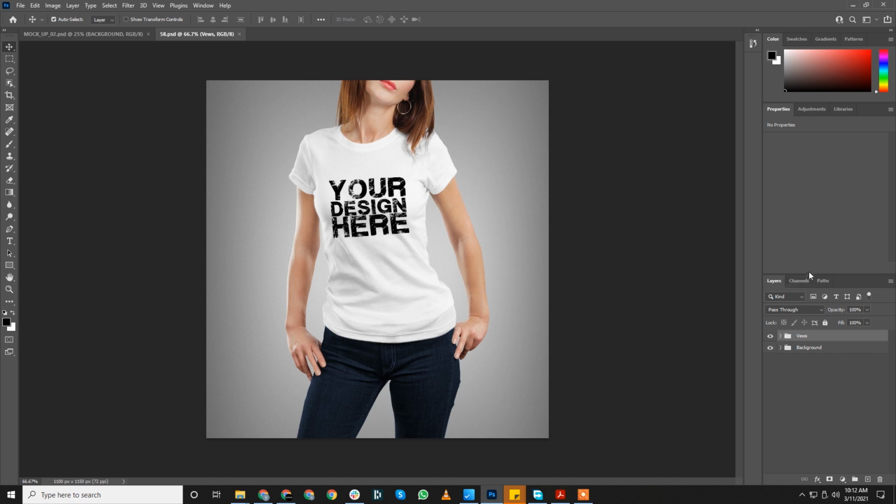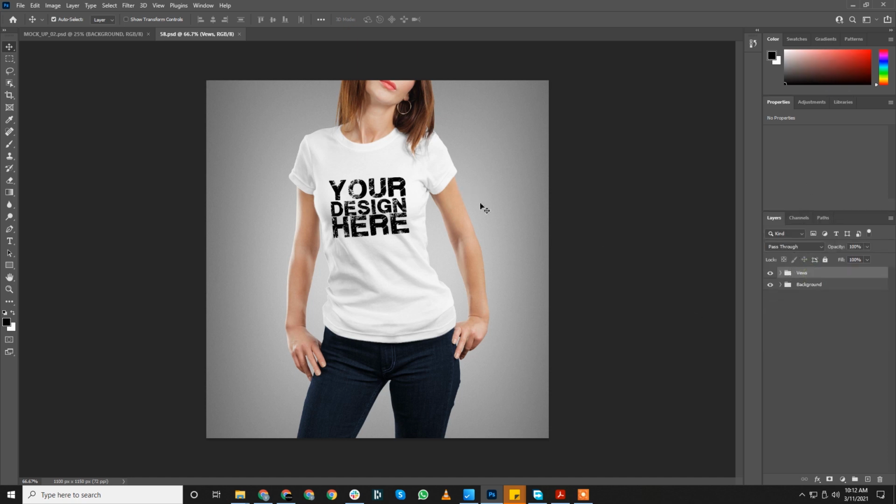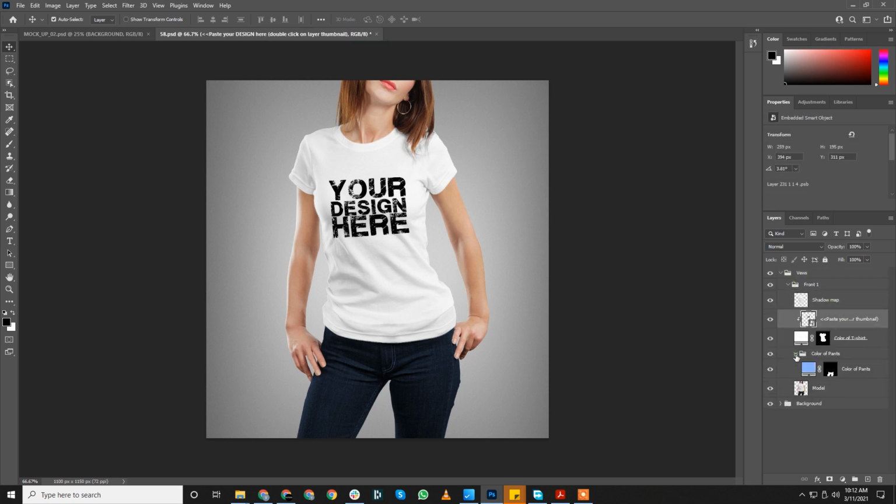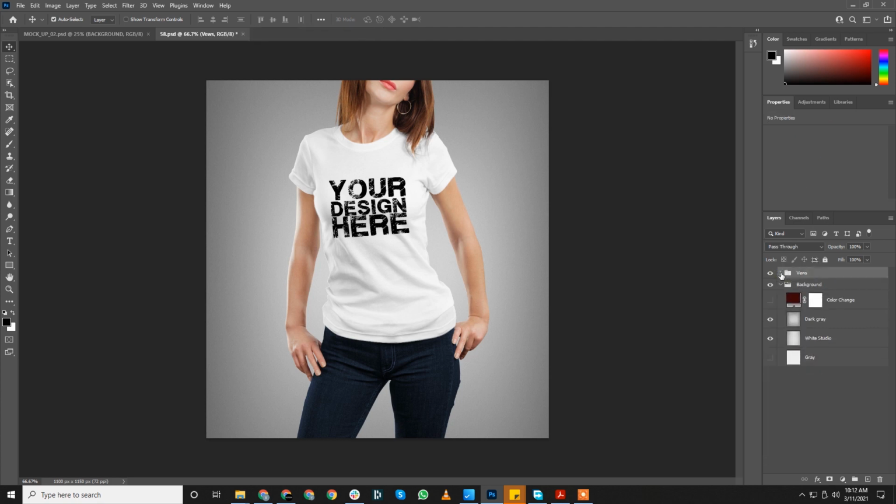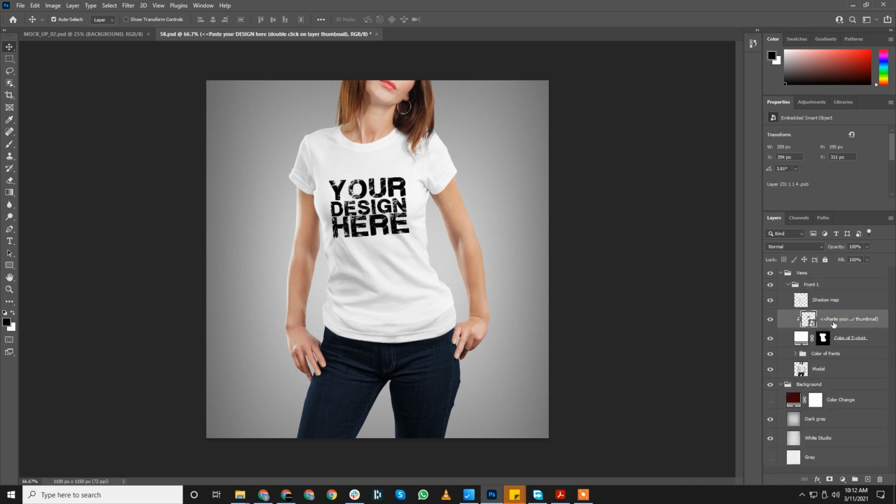And what I mean by template incompatibility is, let me just open this folder. Front, it says okay. So as you can see, there are a lot of nested folders here. And how bulk mockup works is, it replaces the smart object layer where we are supposed to put our design. And this is inside a lot of nested folders. So what we'll do, we'll press Ctrl J. Before I press Ctrl J and duplicate this, let me just go back a few steps. First thing we have to check is if this is compatible or not.